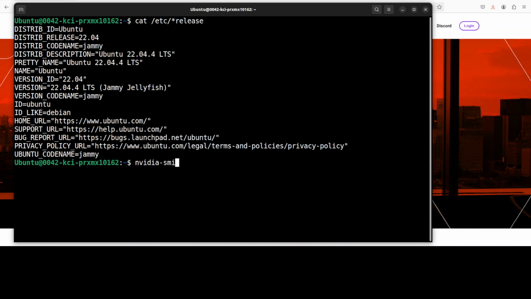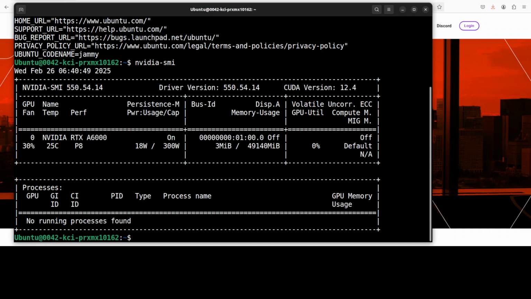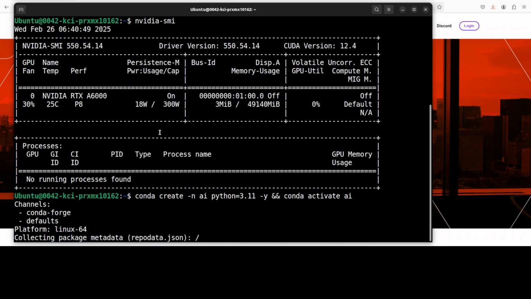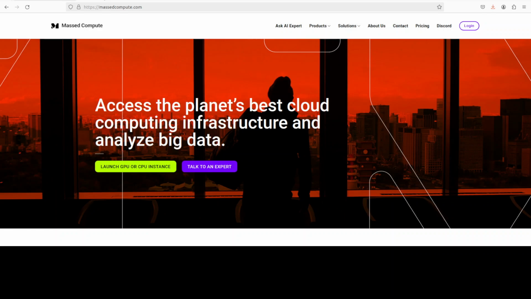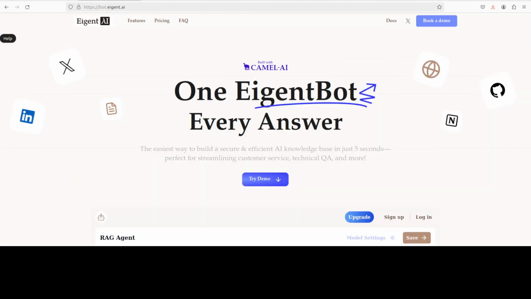This is my Ubuntu system and this is my GPU card, NVIDIA RTX A6000 with 48 GB of VRAM. Let's start by creating a virtual environment with Conda, and while that gets created,